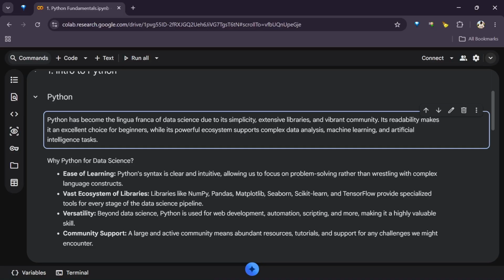Now, the lessons on Python here will not be solely focused on data analysis or data science, as much as its application might be tilted in that direction.